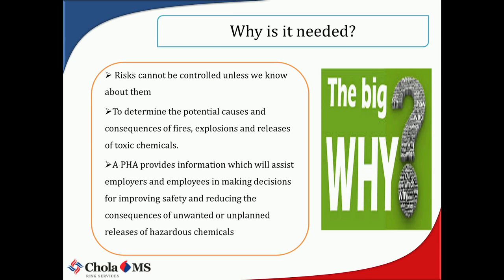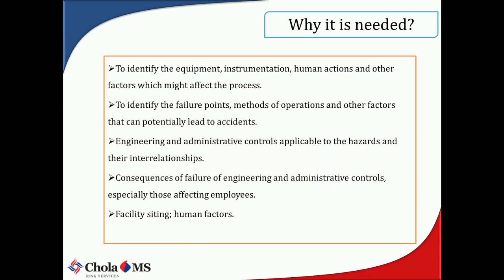See, if you have inhaled some chemical, unless I know what chemical you have inhaled, you cannot give the right type of treatment, right. Similarly, in industrial hygiene, a topic under occupational health, there is something called an antidote. If somebody inhales or ingests some chemical, this antidote is given so that it neutralizes the effect of the hazardous chemical. In the same way, your PHA provides a bulk of information on what hazards the facility poses and what controls you have already taken, and the industry is expected to use that to formulate its strategies for mitigating its risk.